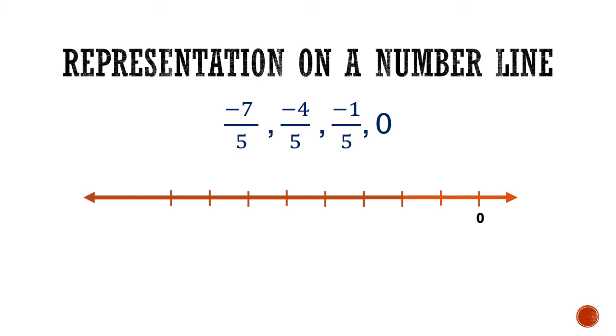It's very easy. Just start the line that comes just on the left side of 0. You can put as minus 1 by 5. Next one will be minus 2 by 5. Next one will be minus 3 by 5. Next minus 4 by 5. And then comes minus 5 by 5. What is minus 5 by 5? It is equal to minus 1.